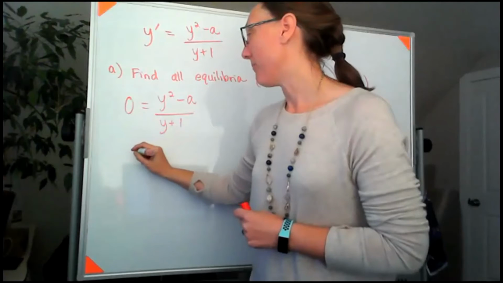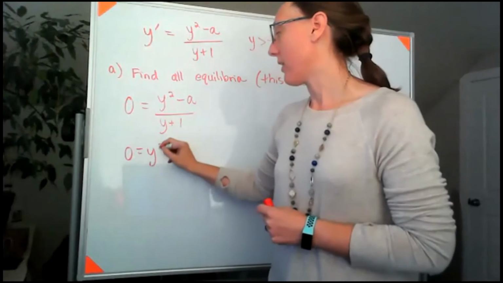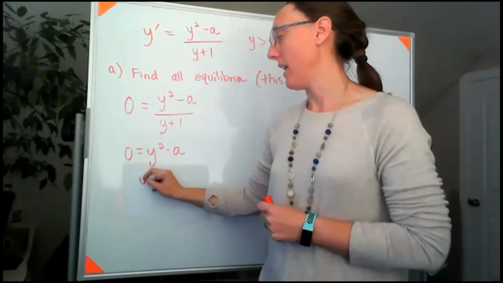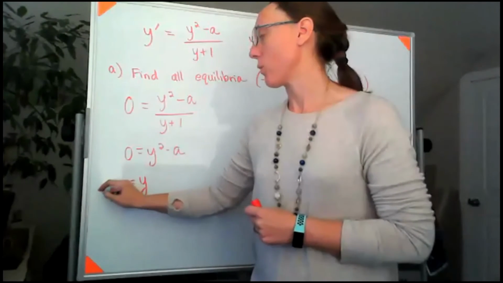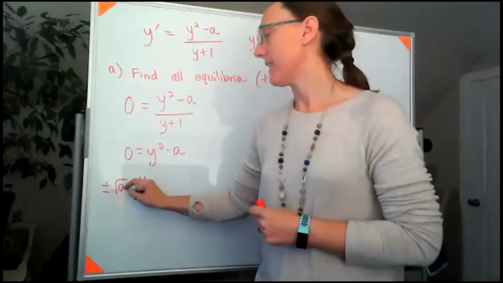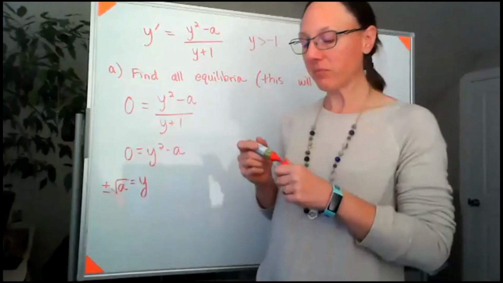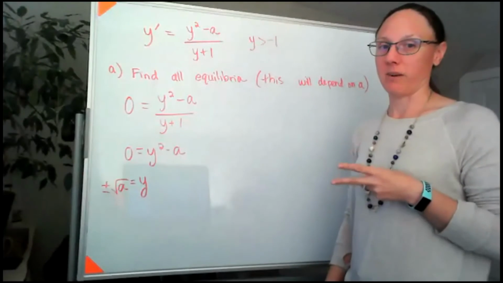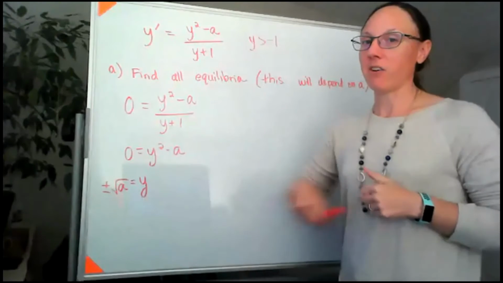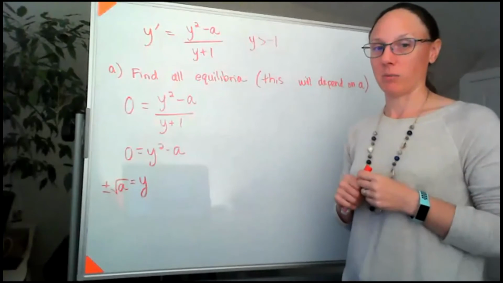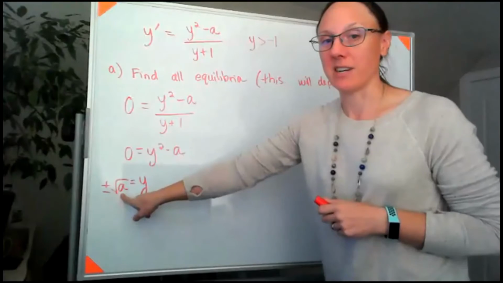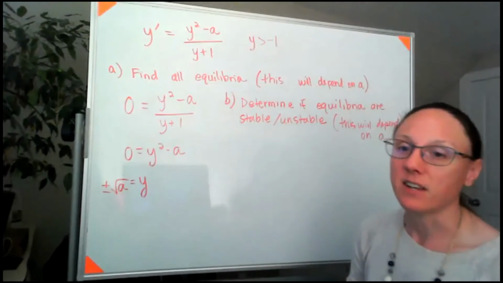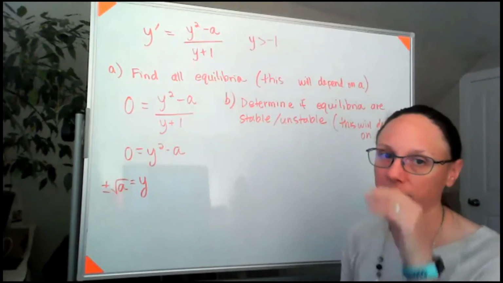What that tells me, if y squared minus a is equal to 0, I can add the a over to the other side, and I'm going to get that y is equal to plus or minus the square root of a. So I have potentially two equilibria. But there's one value of a where I would only have one equilibrium, and that would be if a was equal to 0. So looking at this algebraically,